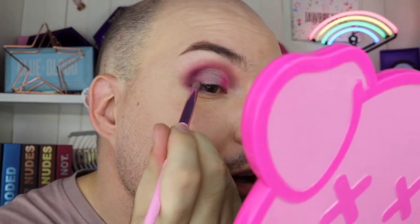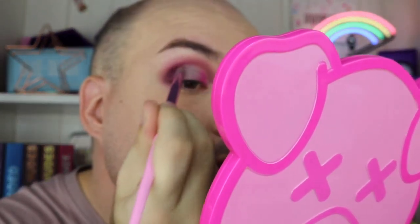But it also reminds me of that one shade in the Alien palette that I can't put my finger on at the moment. I think it's Moon Rock, but it is still really pretty, and like he mixed this up last minute. I think it's really nice. Okay, brilliant. And then I'm just going to take Not a Fact and just pop that on the outer corner again, just to bring it back and blend it into Sleep